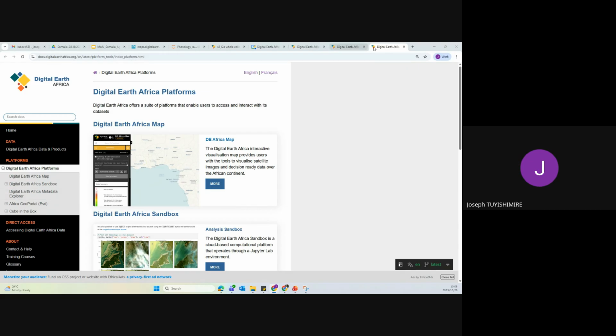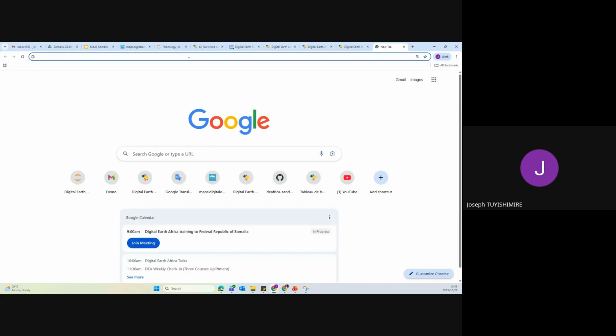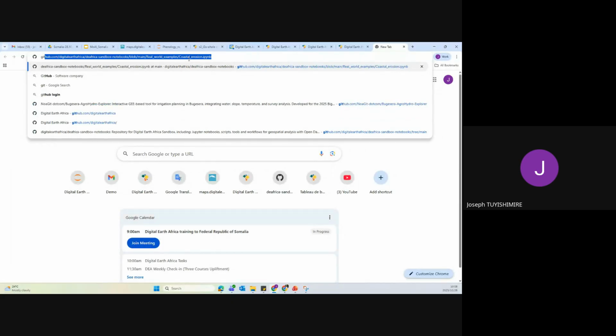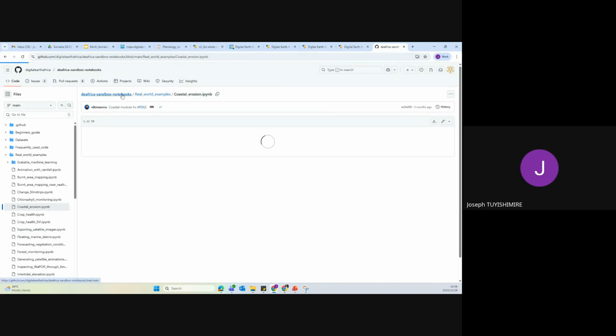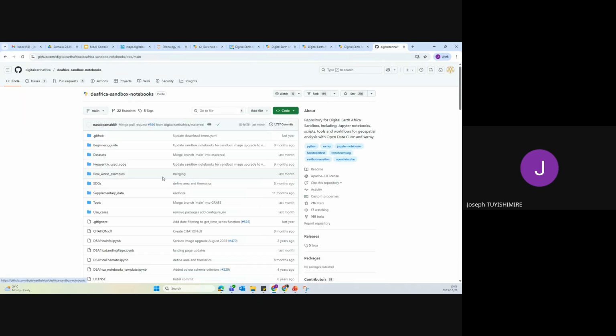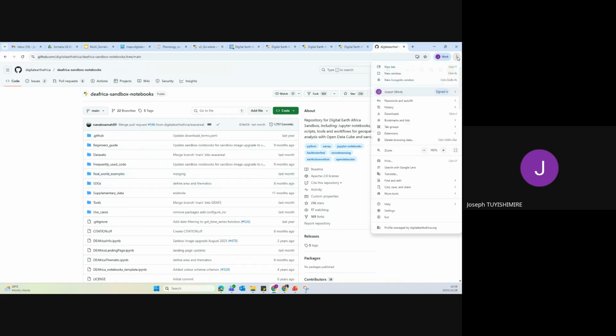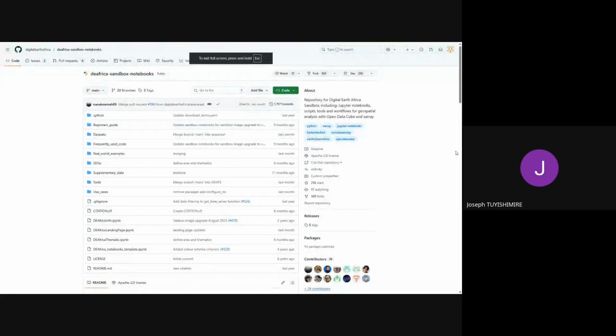And also we have our GitHub repository. When you go to the Africa GitHub repository, all the folders, the main folders I talked about, are fully accessible for those who are familiar with Python coding.